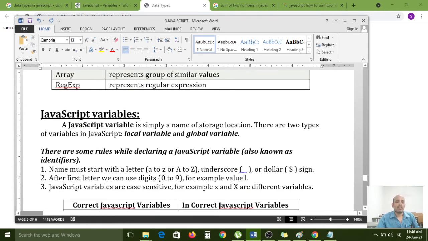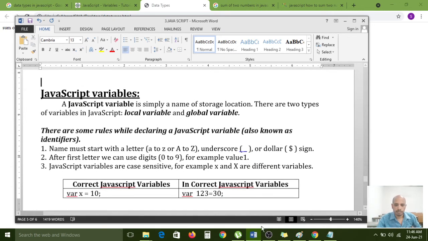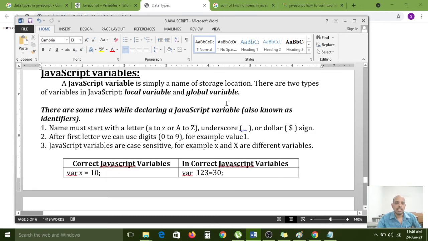So now we have to see JavaScript variables. A JavaScript variable is simply a name of a storage location. There are two types of variables in JavaScript.